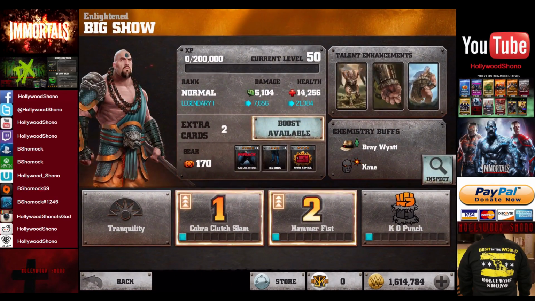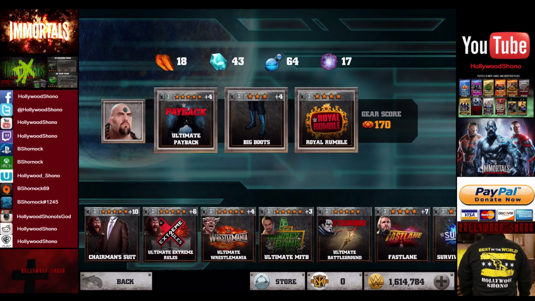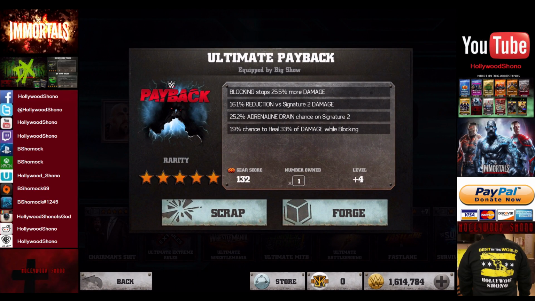Big Show. And with Enlightened Big Show, there's a couple key elements of this. You want to have him as a blocker. Yeah, you might not actually get the effects of blocking, but keep in mind with the Ultimate Payback gear, you have reduction versus signature 2 damage, and if you have a Legendary VII Big Show, you're talking 76,000 health, 70,000 health or so. If you can reduce the signature 2 damage, there's a chance that you might not actually knock out the Big Show,